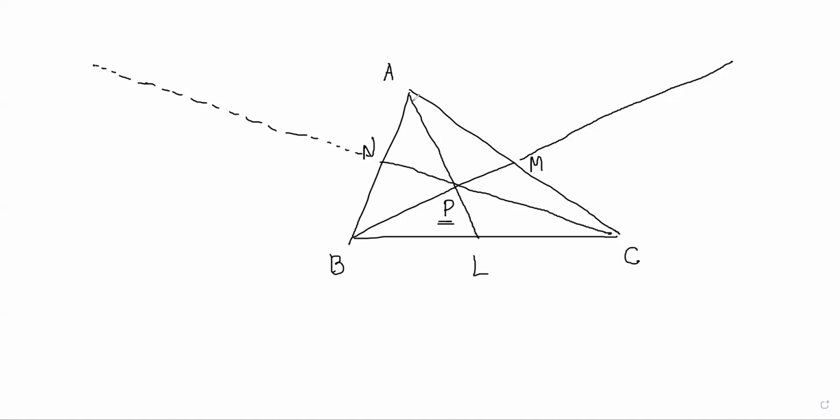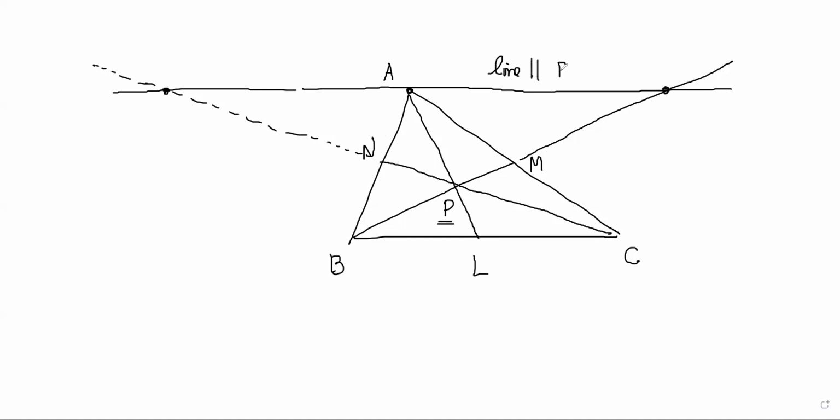And what I will do is make a line passing through A, which is parallel to BC. So I'll make a line through A parallel to BC, and it will intersect the two Cevians at two points, right? So what I'm saying is this line is parallel to BC. I'm constructing that, and I'm also extending the Cevians from B and C, right? And let's say the points of intersection here are S and R, right? Now, because the line SR is parallel to BC, we get a lot of similar triangles